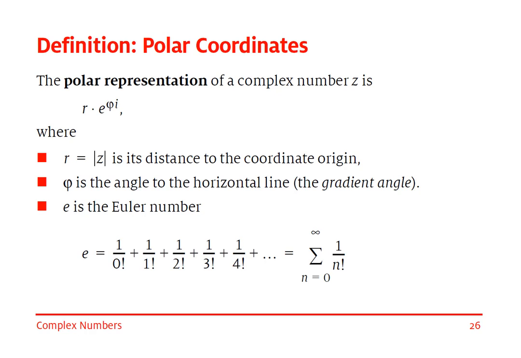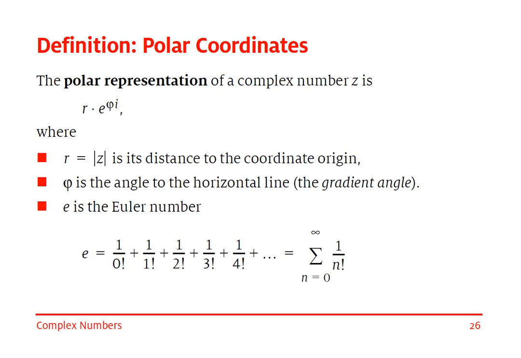This is done in the following way, and this is the so-called polar representation of a complex number, which is r times e to the power of phi i, where r is the absolute value of z, which is its distance to the coordinate origin, and phi is the angle to the horizontal line, the gradient angle, and e is